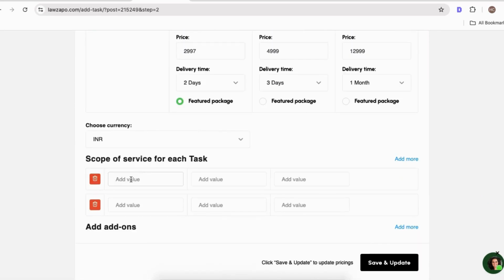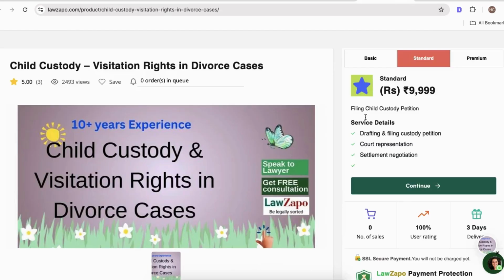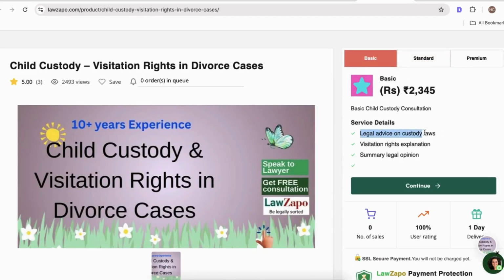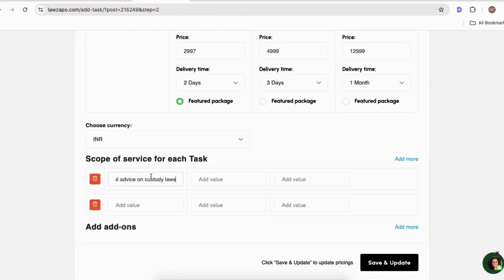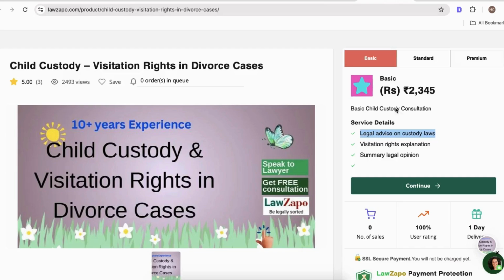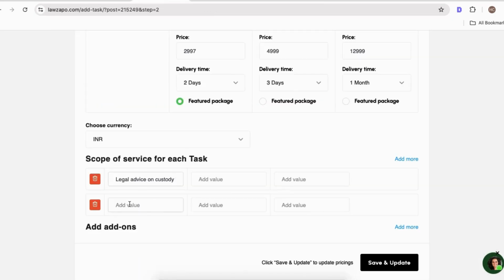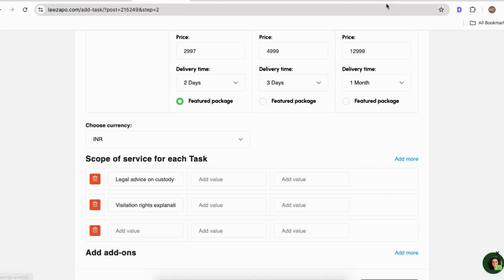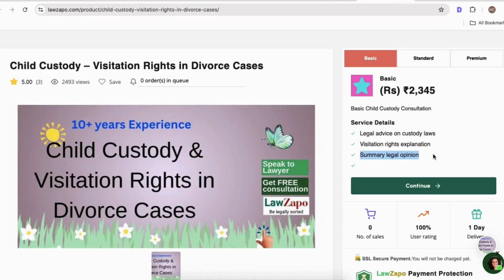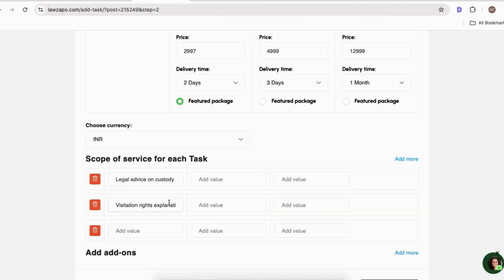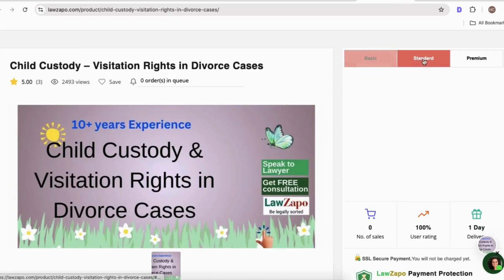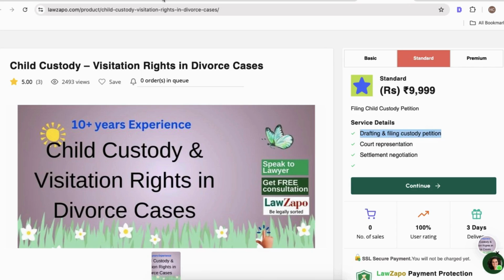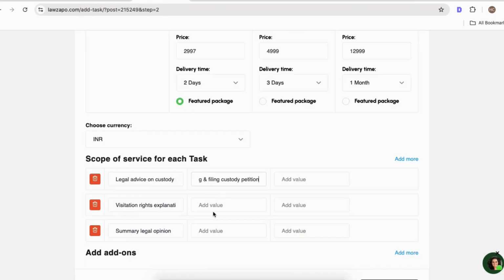I'll just show where it appears. So this is under basic, these are the services. So I'm just copying this so you understand. So this will go here, then your second service details will go here, and then you add more, and your third detail under the basic will go here. Then for standard, we go to standard, so whatever this drafting is will go here, and assuming